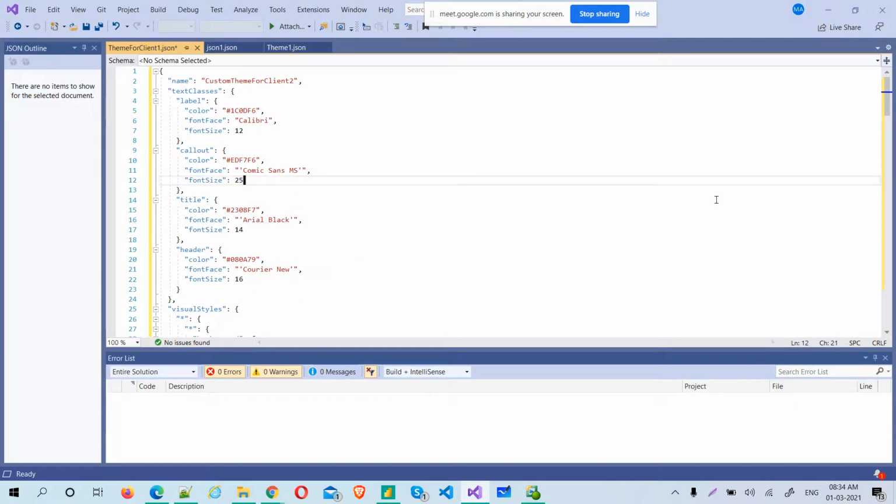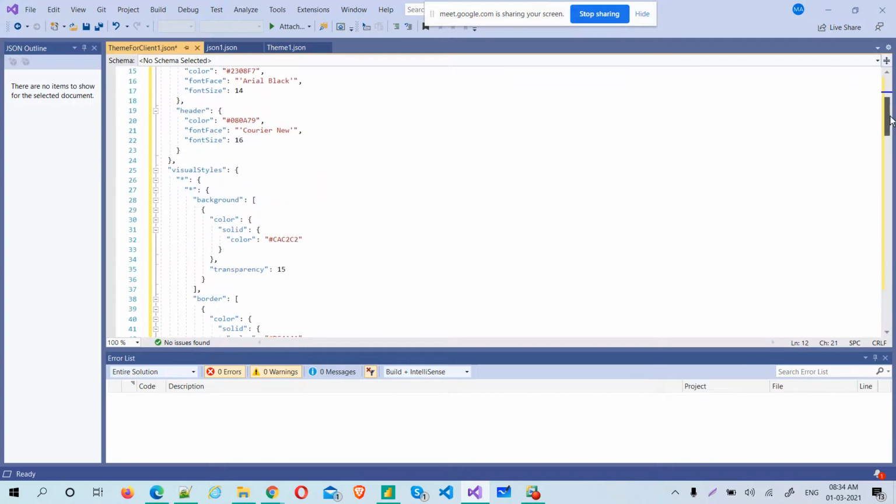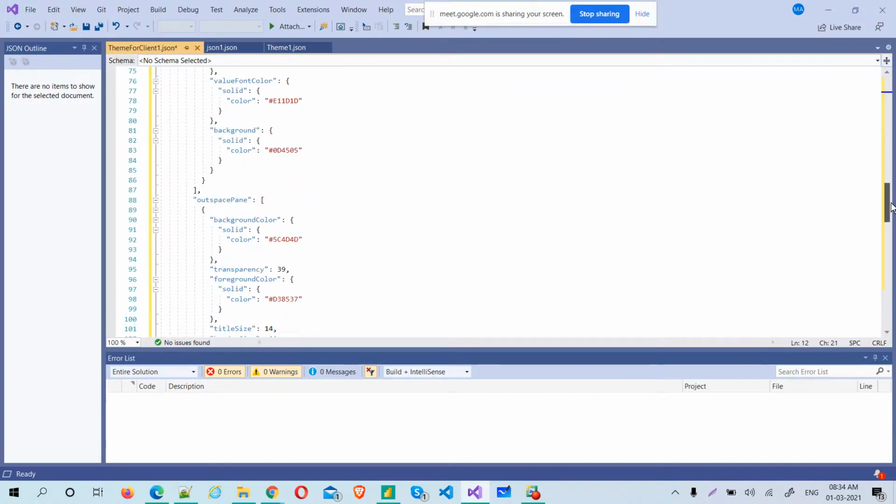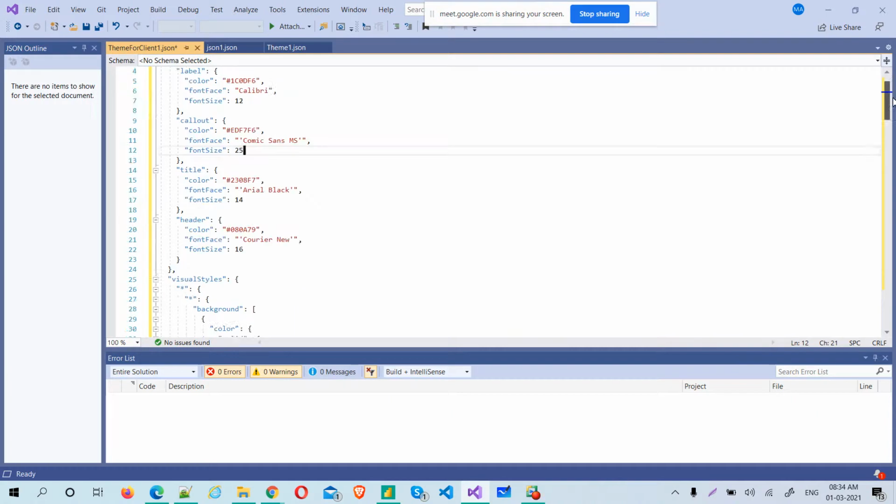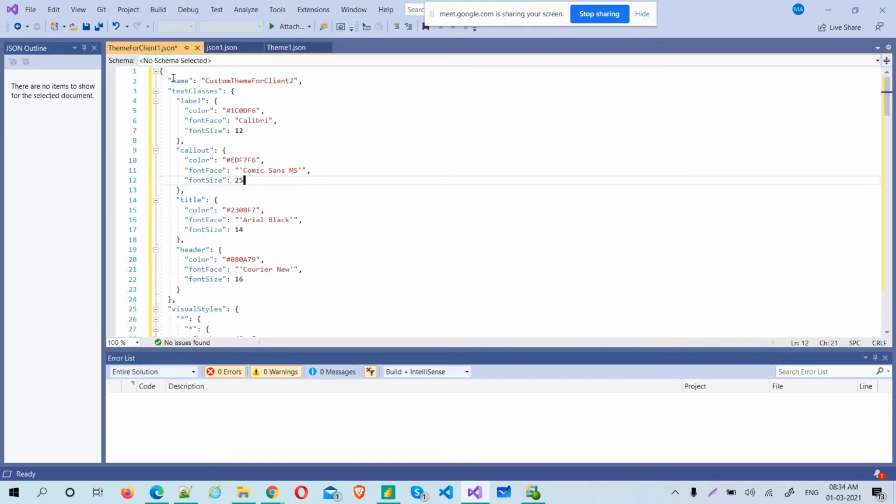Likewise you can change everything in one go. Now you can say client 2. You have already built the first theme, and you can create a different theme for different clients or different projects.